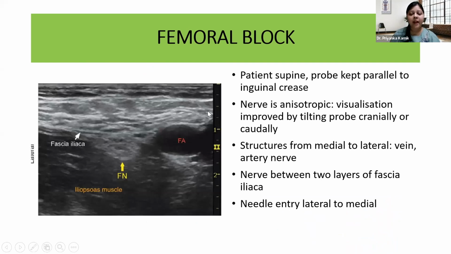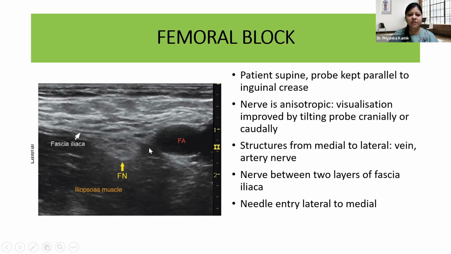So what are the landmarks? Now we need to keep the probe at the inguinal crease with the patient supine. The nerve is anisotropic, so visualization is improved by tilting the probe either cranially or caudally. And the structures which will be seen from medial to lateral are the femoral vein, the femoral artery, and then